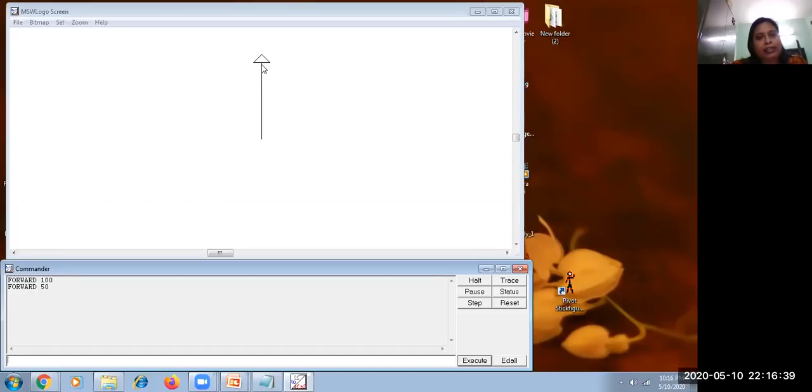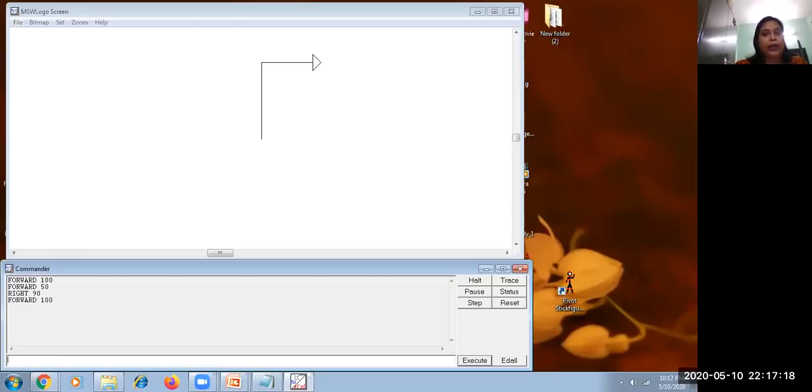How much right? It is a state. The way that it will turn fully. So it is 90. We will be writing the command right 90. Now see, the turtle has already turned. Now I want to draw a rectangle. So now I want to move till this much. Let's say maybe 100. So again, which command will I give? Forward. Forward 100.